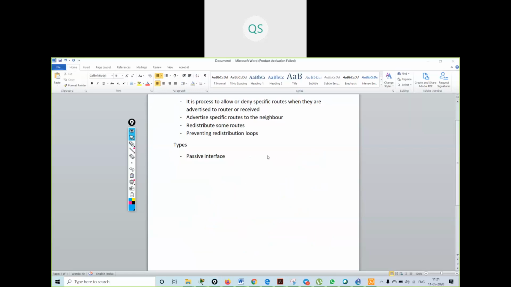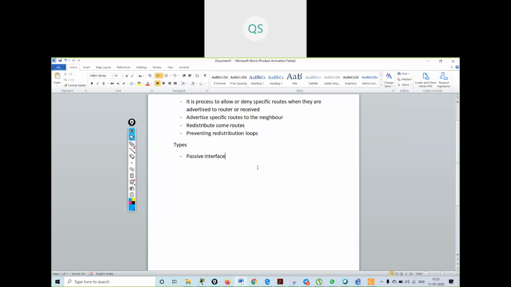So if you make any interface passive, that interface will not send any updates, or in the case of EIGRP or OSPF, it will not send hello packets. The neighborship will be down in the case of EIGRP, OSPF, and RIP, any routing protocol.